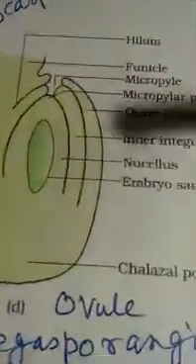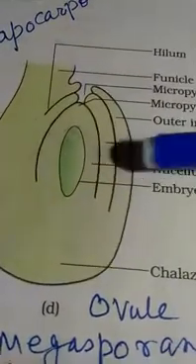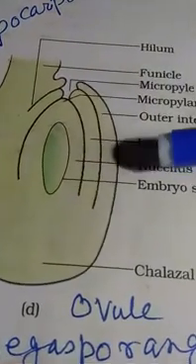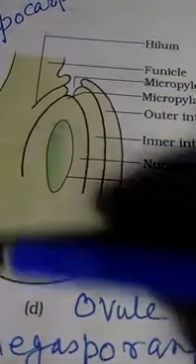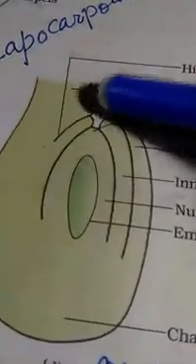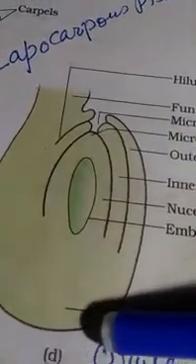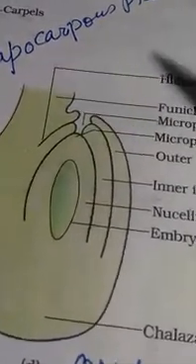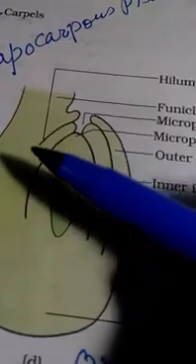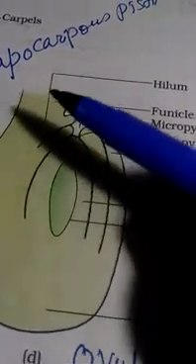and each ovule has a structure which I am going to describe now. Each ovule is surrounded by one or two layers of integuments or coverings: outer integument and inner integument, which protect the entire ovule. This is the structure of ovule. Here is the funicle and this is the ovule. Where the ovule meets the funicle, that place is known as hilum. So at the hilum, ovule ends and funicle begins.